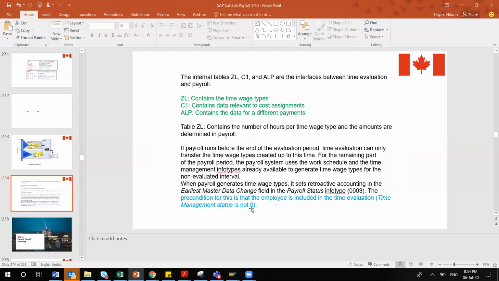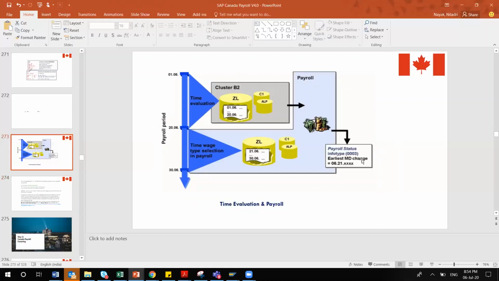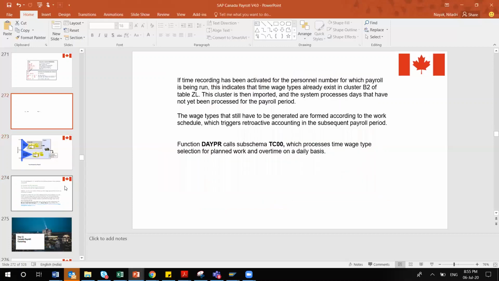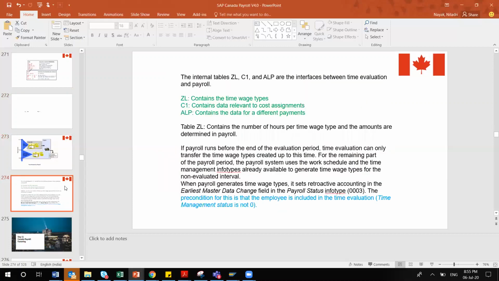So here you can see, this is all about when payroll generates these time wage types. It sets retroactive accounting in the earliest master data change. The system will automatically set your earliest master data to 21st of June, and accordingly the system will not touch 1st of June to 20th of June because you've already done payroll for that time evaluation. The system will automatically change your input type 3. Accordingly, the system will behave in this way. So these are the different concepts related to your time related wage types. As we are having time,